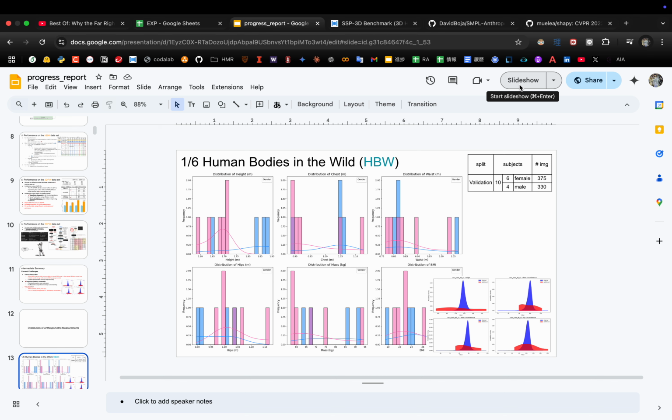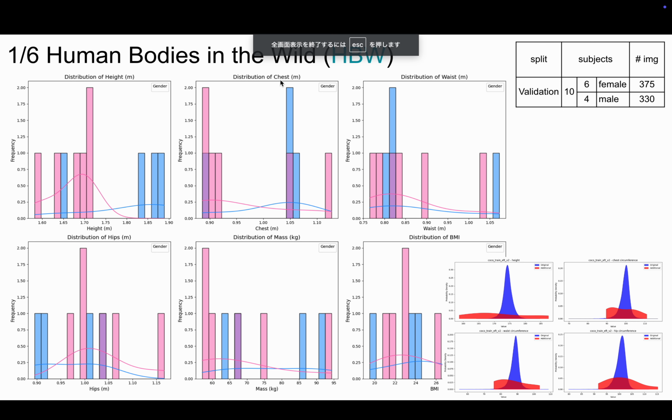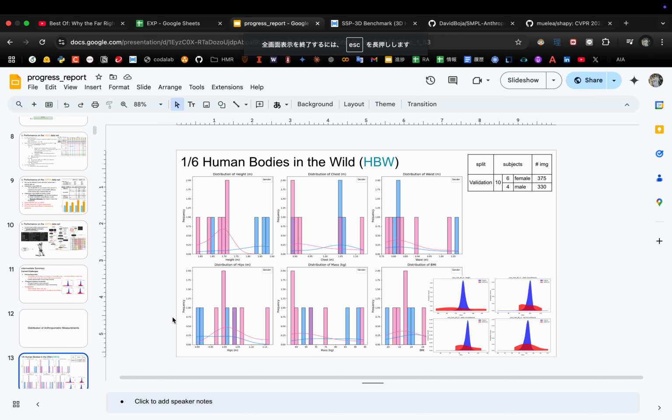Not only BMI, but also the four body measurements: height, and chest circumference, waist circumference, and hips circumference. Okay, so the whole pipeline is that for the first data set, which is HBW,